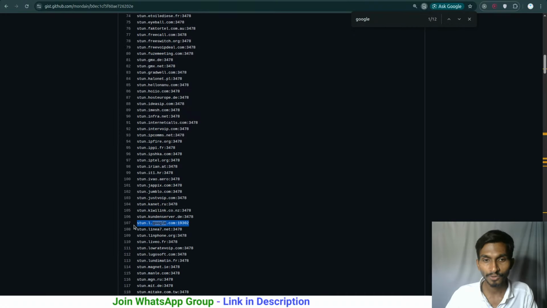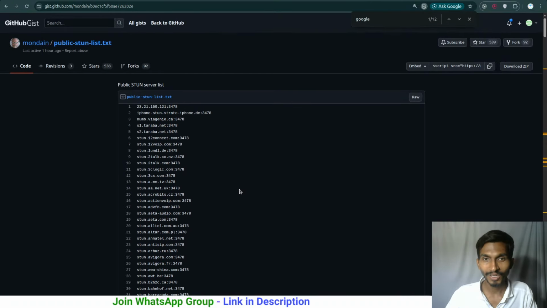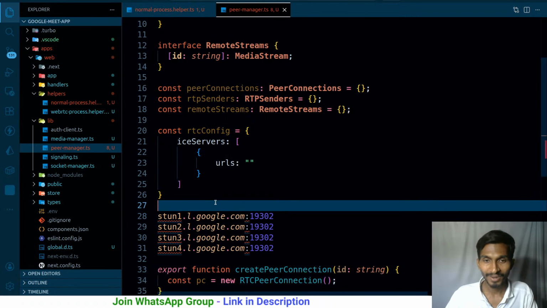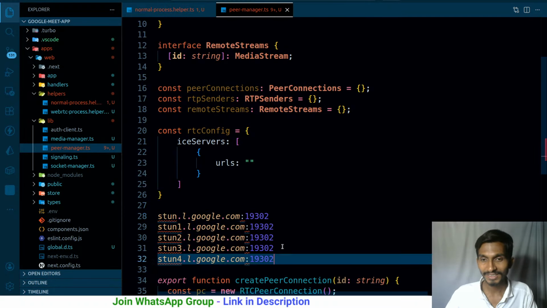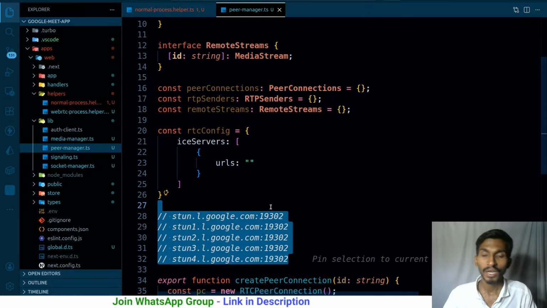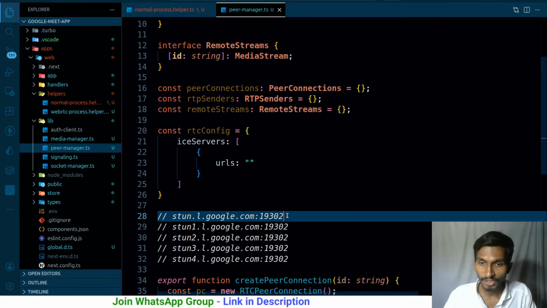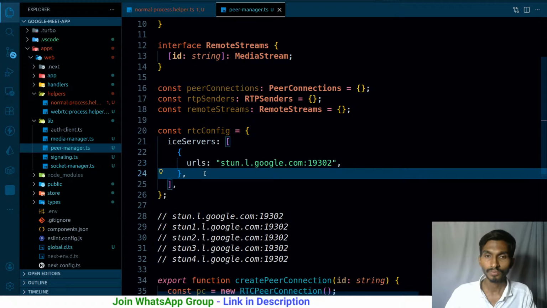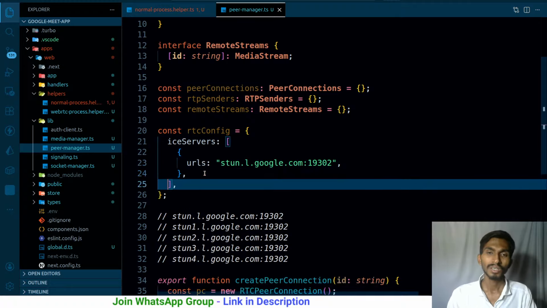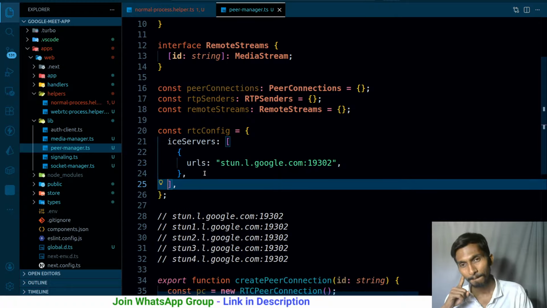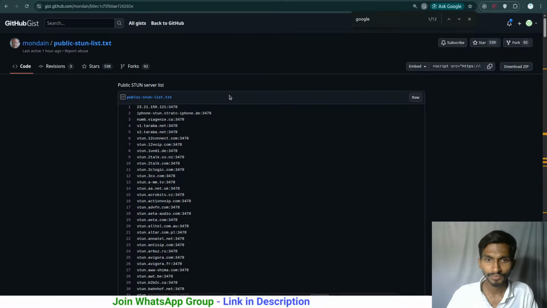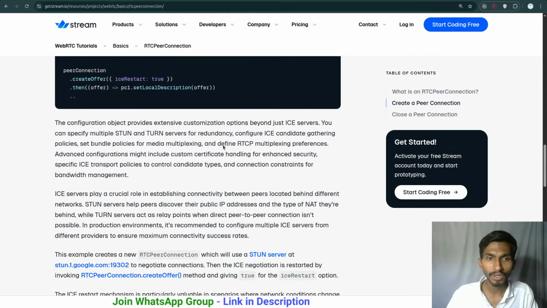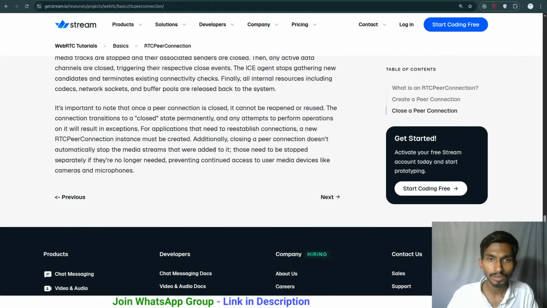I mean, even if you have one, that's going to be enough. It's not like you have to have all of them, but I'm just making the list. So these are the ICE servers from the Google side. Again, they are free, don't worry. You just have to specify the URLs over here one by one. So this is done. Similarly, no, there is a better way. What is the better way? I mean, it will work. It's not like it will not work. But